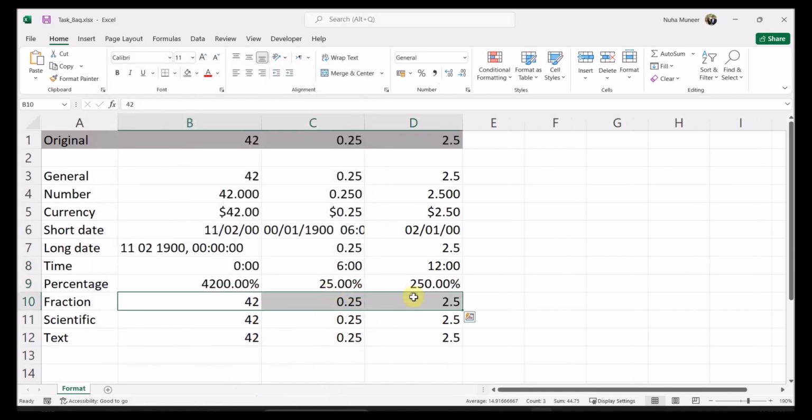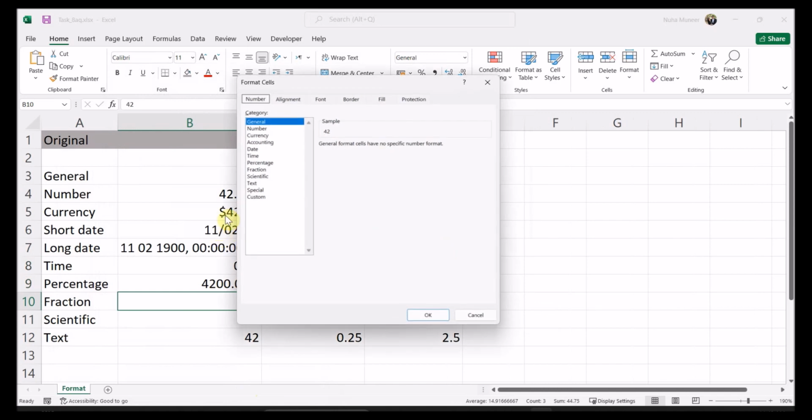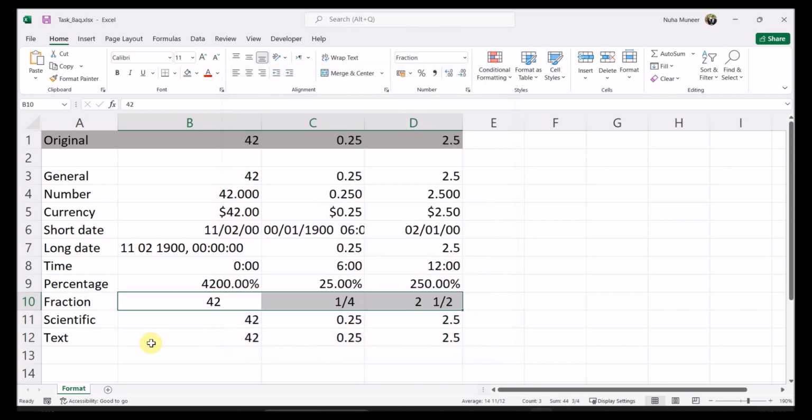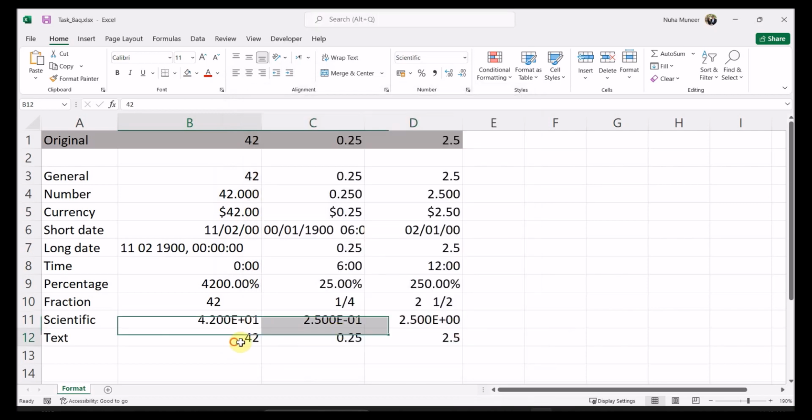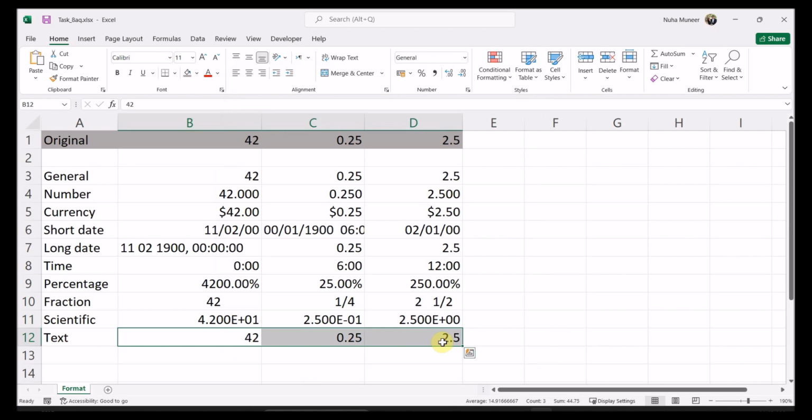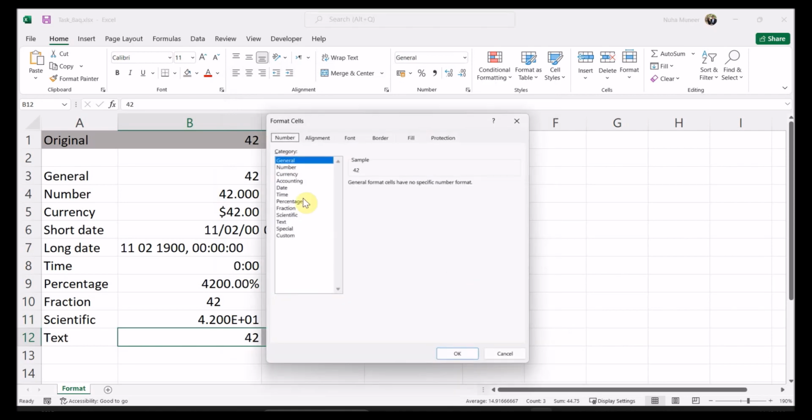For the fraction as well, same thing, you can go to the format and choose up to what fraction you want to use. For the scientific also, you can choose it from here. Especially if you have a large number, it can be very useful, and you can show it right here. The text can just remain as a text, and it is not that useful